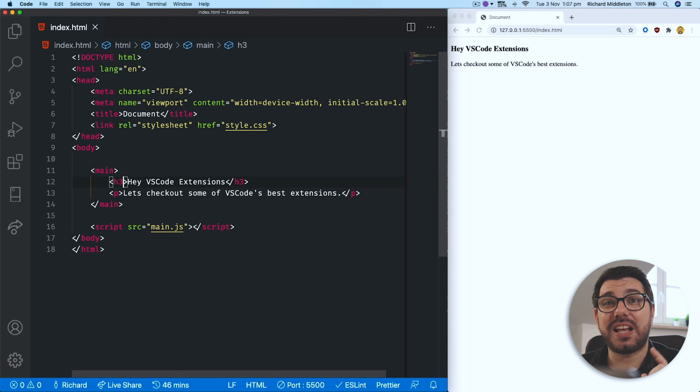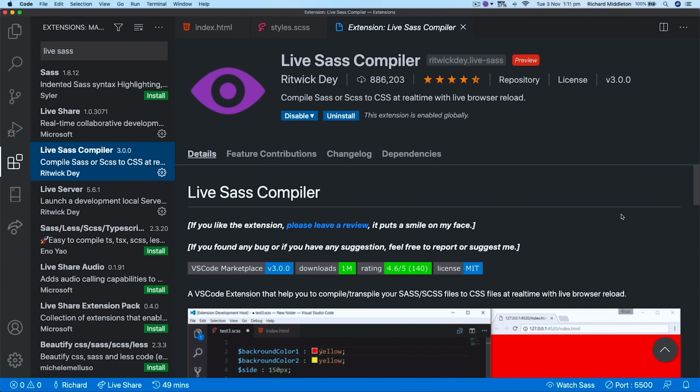So our next extension is Live Sass Compiler, and that's created by the same person who created our last extension, the Live Reload. And Live Sass Compiler, as you could probably guess, is exactly that. It will compile our Sass down to CSS, and it will watch our Sass files for any changes and recompile